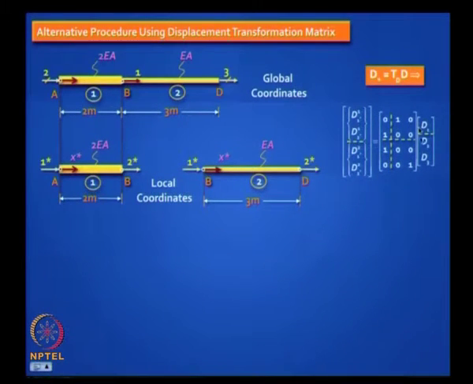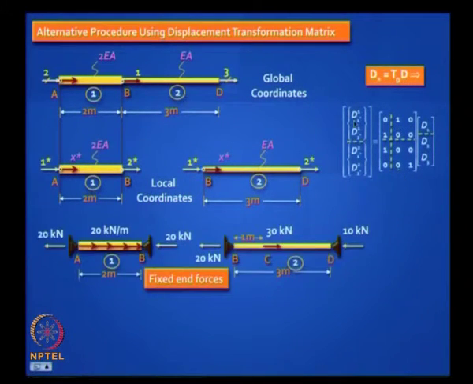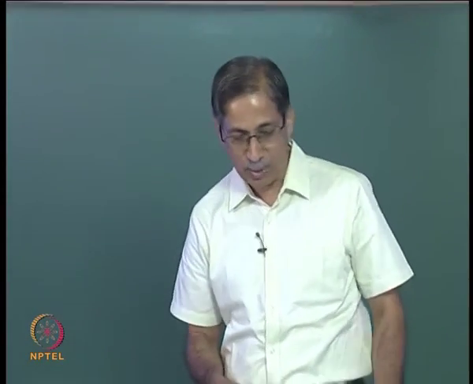Now you apply D2 equal to 1, that means you are filling up the second column, but you are applying D1 equals 0, D3 equals 0. What do you end up with? If you put a unit displacement here, only this gets affected. There is only one, nothing else gets affected. All the others are 0. So does this make sense? Similarly, when you pull this third one, you will get this. Okay. So it's actually easy. You can generate it using first principles, but you can also program it because it will always be filled with ones and zeros. So you have got your TD matrix.